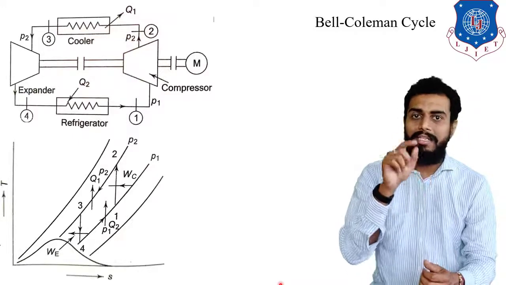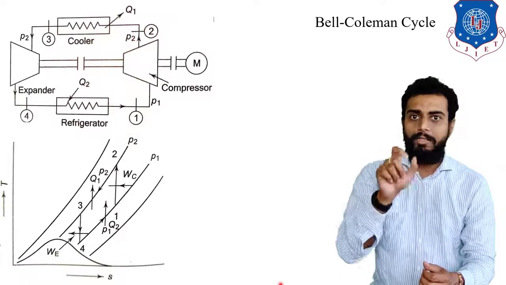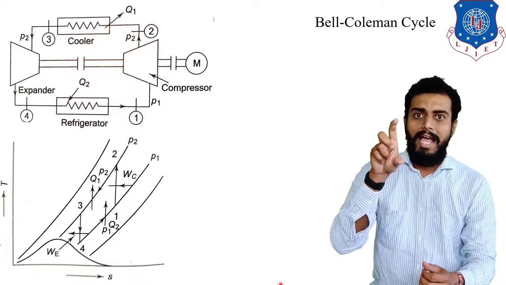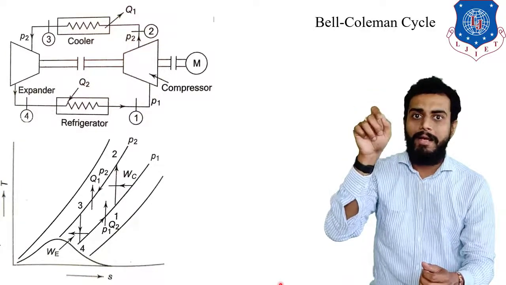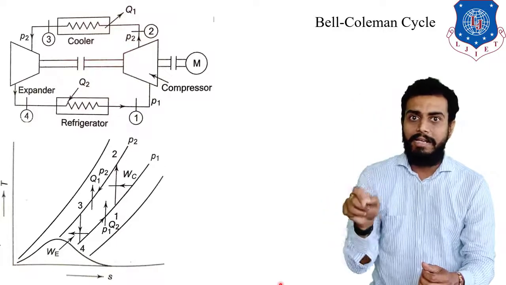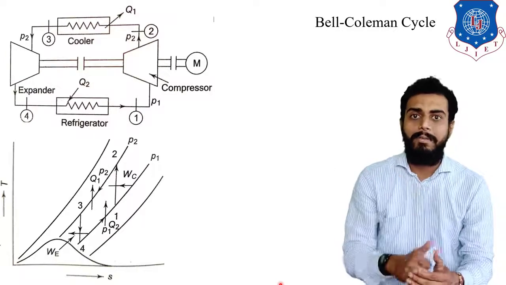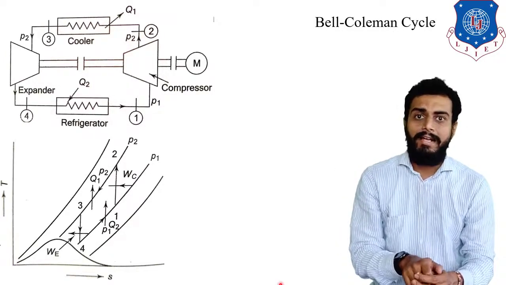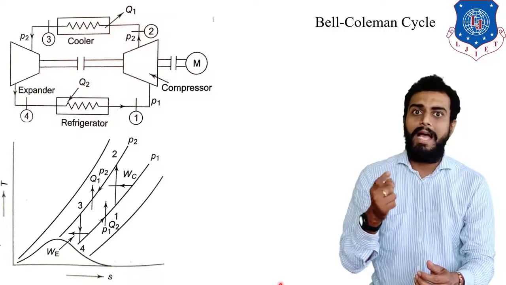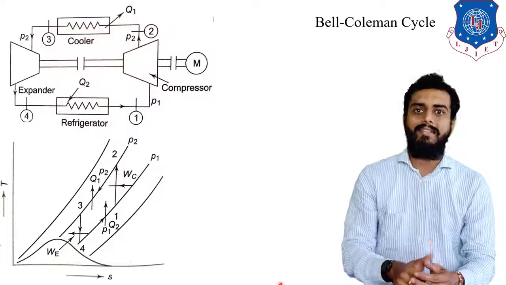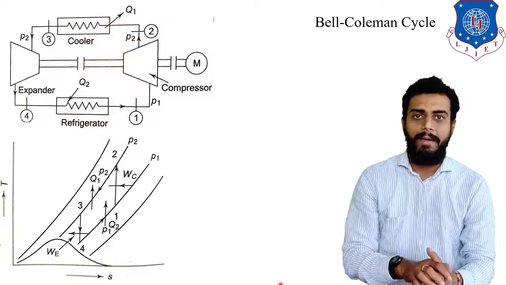So if you are using an ideal gas in the throttling device, what will happen? You know that the throttling device is an isenthalpic process. That means enthalpy will remain constant. So if you expand the ideal gas through that throttling device, its temperature will also remain the same, and that is not acceptable. So that is the reason that in the gas refrigeration cycle, the throttling device is replaced by an expander. This can be asked in an interview. It is a very important question. Okay, so keep that in mind.